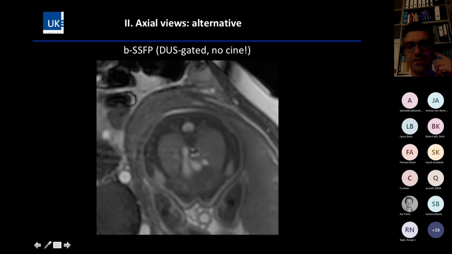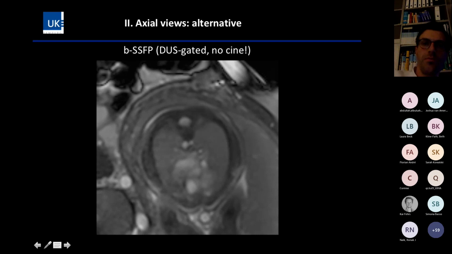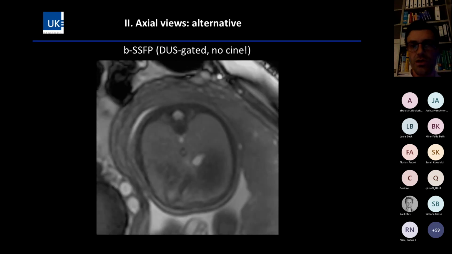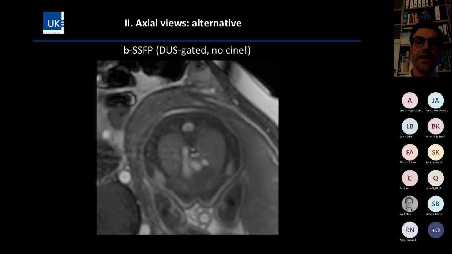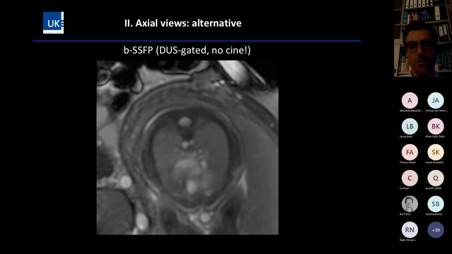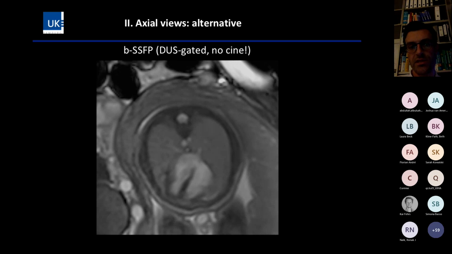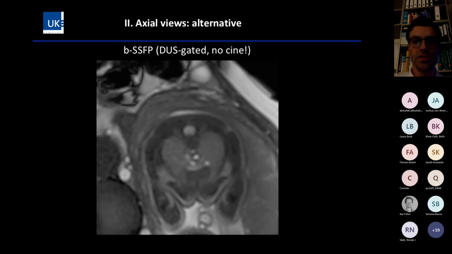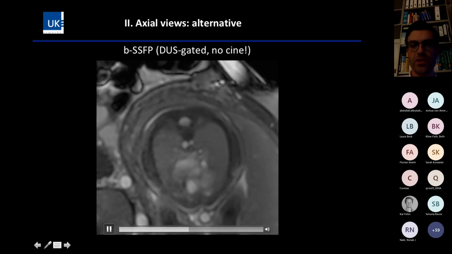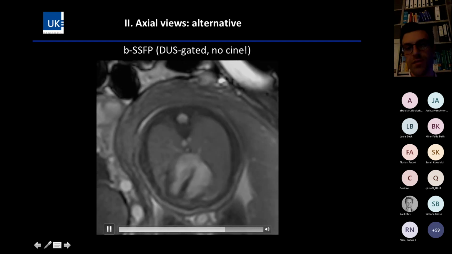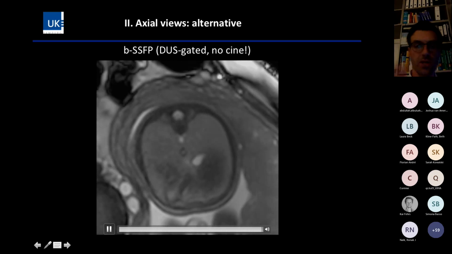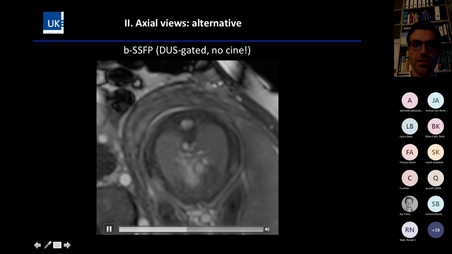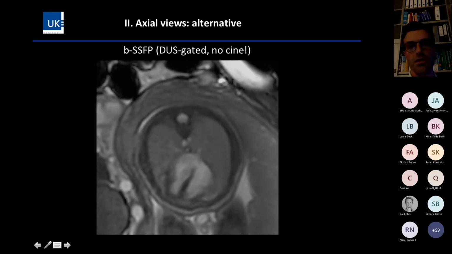So as an alternative, you can also perform DUS-gated images from steady-state free precession sequences, but not using this dynamic view, so no cine mode. This is when you set the heart phases to 1, let's say, then you receive these images and it displays the same information, but it's time-saving. So if you only want this anatomical information and vascular connectivity, I think these DUS-gated images using no cine mode